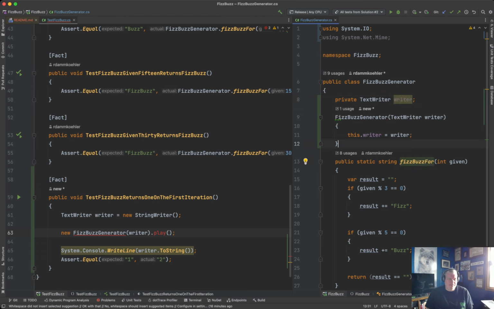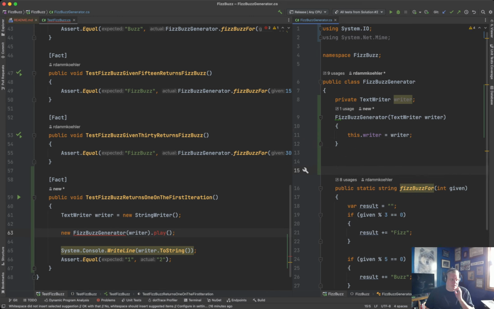And then we're going to add our play function, because you can see over here we still have this red squiggler. It says I don't like you because you don't have a play method. So public void play,